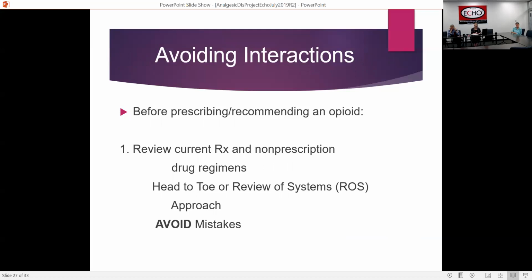So before prescribing or recommending any opioid, you review their current medication. This is basic pharmacology. Everybody's had this, not just prescription, but non-prescription regimens. So how do you assess non-prescription? I do a head-to-toe review of systems. Mrs. Smith, what do you take for a headache? Do you use anything on your scalp for dandruff, seborrhea? What about ear drops, eye drops, nose drops, skin care, cough, cold, congestion, okay, constipation, diarrhea, upset stomach,